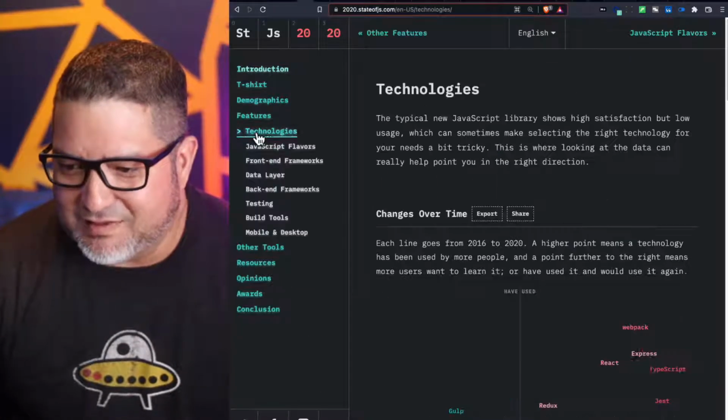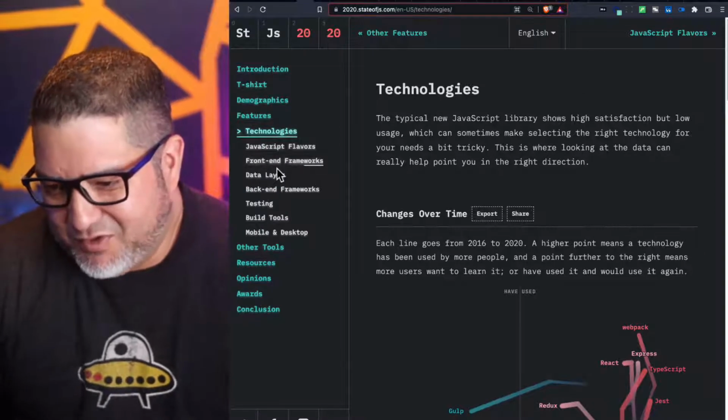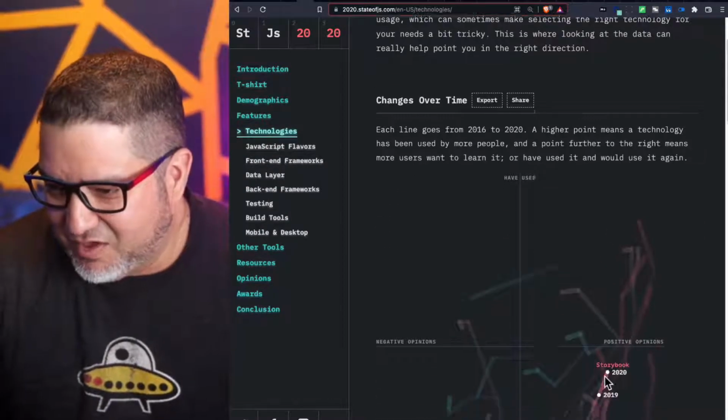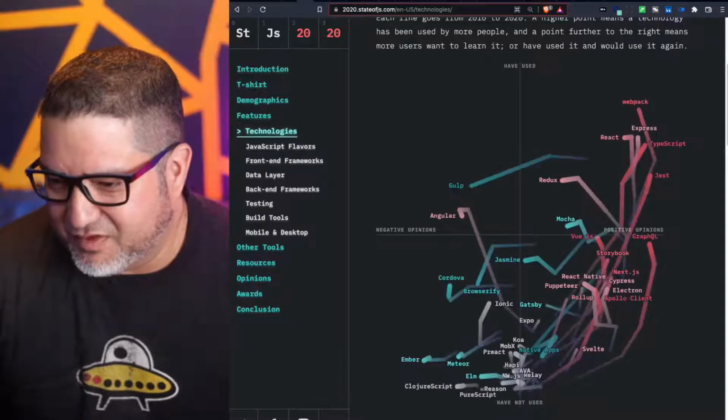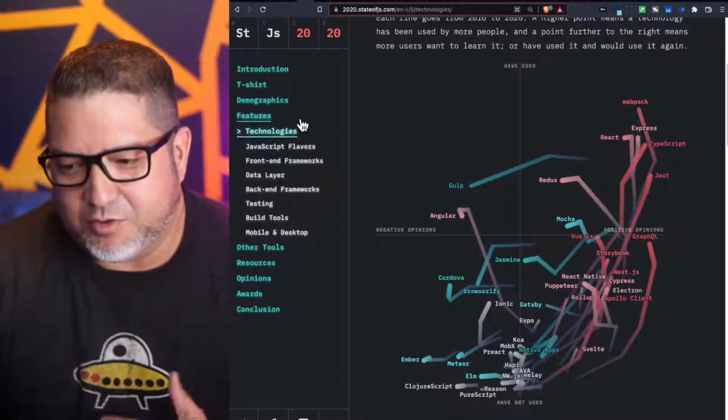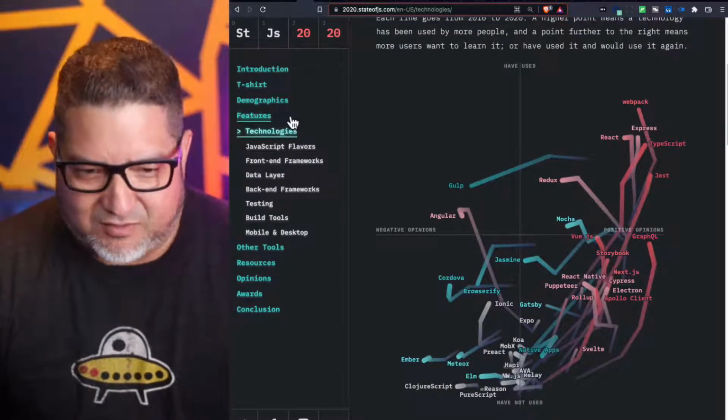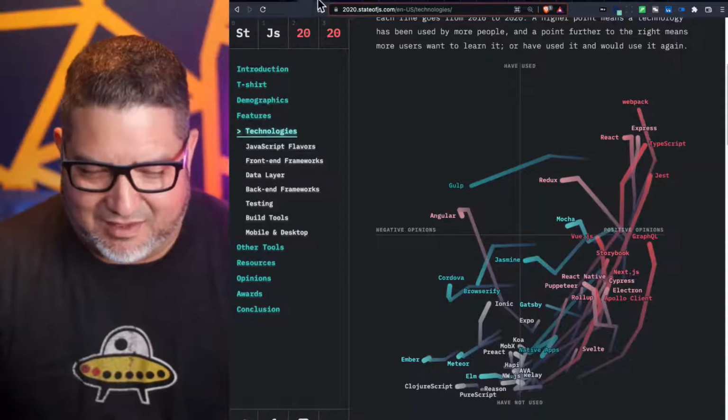And in here, you do want to take a look at technologies and see if maybe you missed some things. So here are changes over time of some of the different frameworks. So again, I go through this a lot. Now, another website, or the last website that I want to show you, and I usually go through a lot